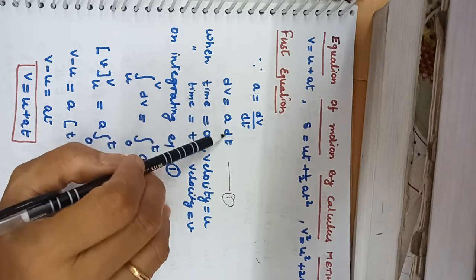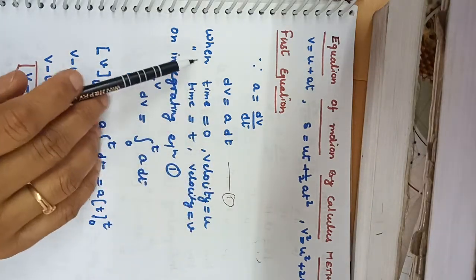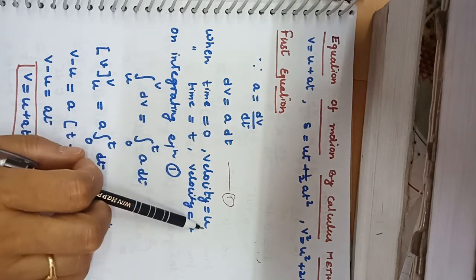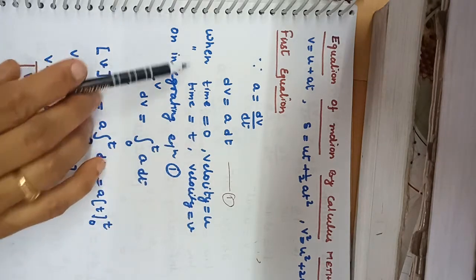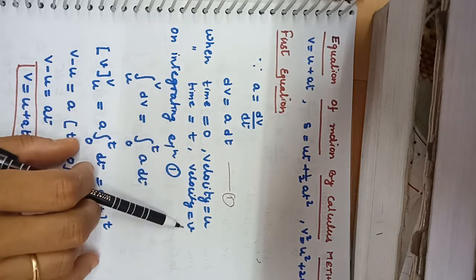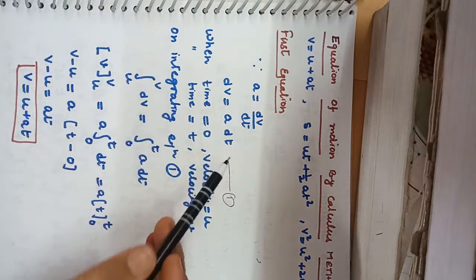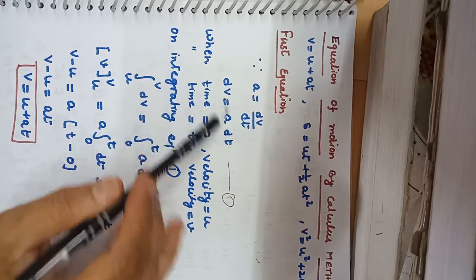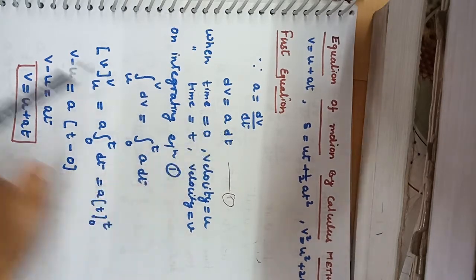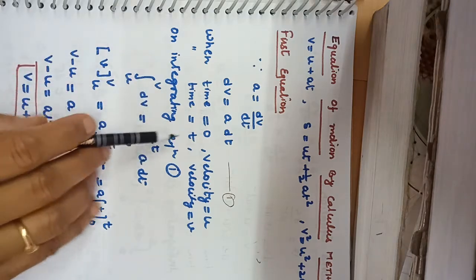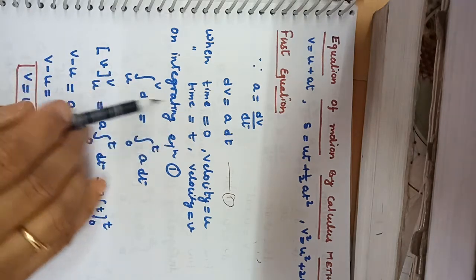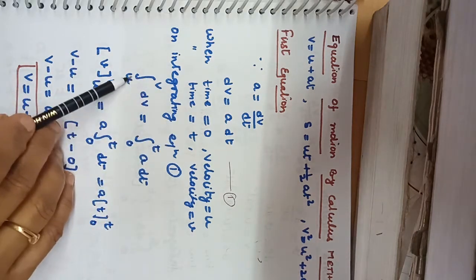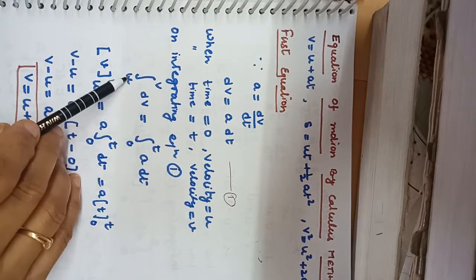Okay, dv is equal to a dt, and in this condition, when time is equal to 0, velocity is equal to u, and when time is equal to t, velocity is considered small v. Now what do we have to do? We have to find out the total velocity in the time interval dt. For this we are going to use the integration form. What kind of integration? Definite integration, in which you have to apply the limits.